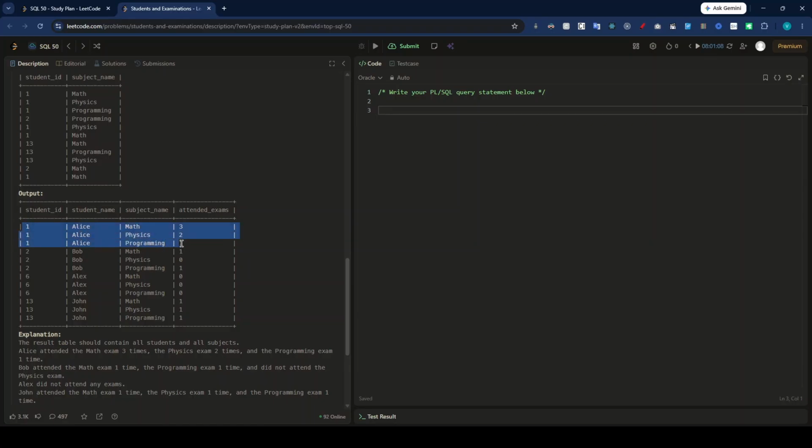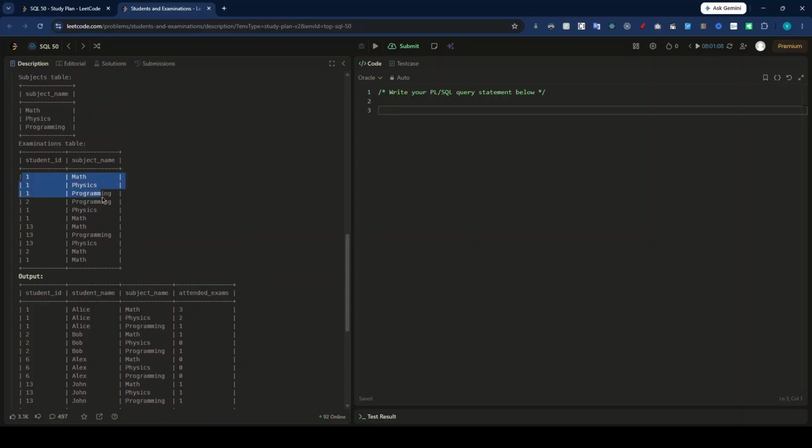Alice has three subjects, and we count how many times she has attended each. For ID one and math, she was present three times. I think she loves the subject, that is why she has attended many times. So one and math, three times. For one and physics, two times. So Alice has attended maths three times, physics two times,